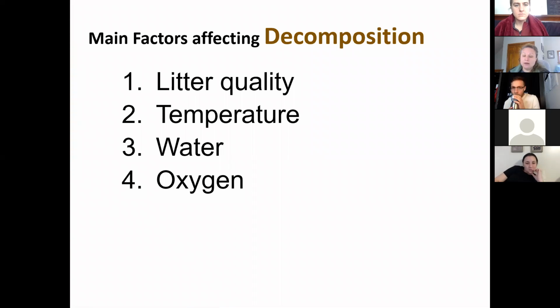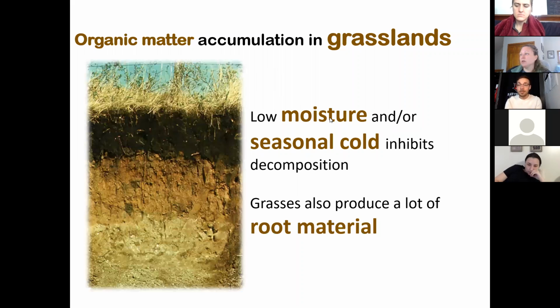Okay, so other things besides having those organisms around to help in decomposition that will influence the rates here are, as I mentioned, temperature, water, and the availability of oxygen is kind of a new one. So think about being totally submerged in the water and having no available oxygen. Some bacteria are aerobic and need that. And so if you have oxygen, then maybe there'll be faster rates of decomp. But litter quality is the one we haven't really focused on. If it's warmer, if it's wetter, usually we have higher rates of decomp. But we haven't talked about the litter quality yet. And so we'll get to that in a sec.